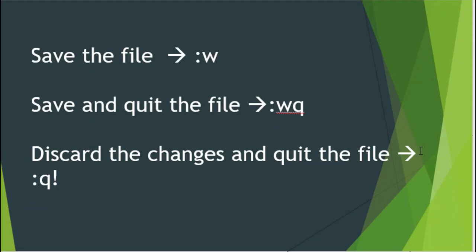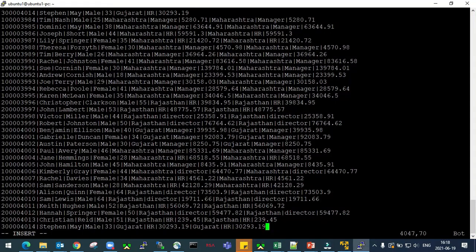Now what is the next thing? Now if you want to save your data in your Unix file, we have pasted the data into the Unix file. Then I need to save my data in that file. For that, first of all, you need to go to the command mode, and then you need to press colon and W. In that way, my data has been saved into my file.